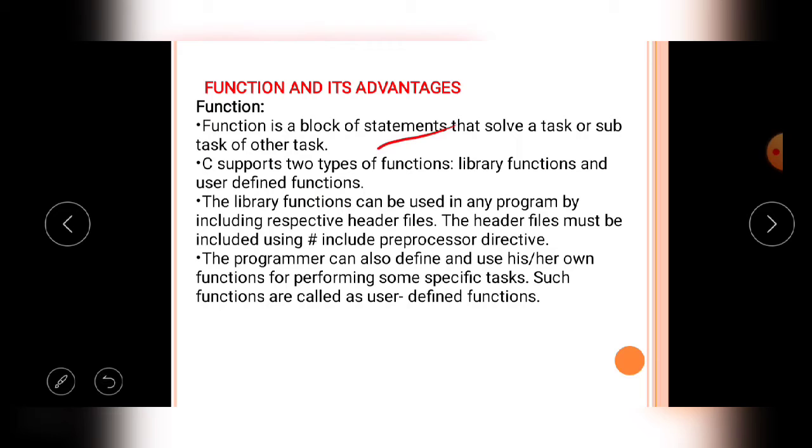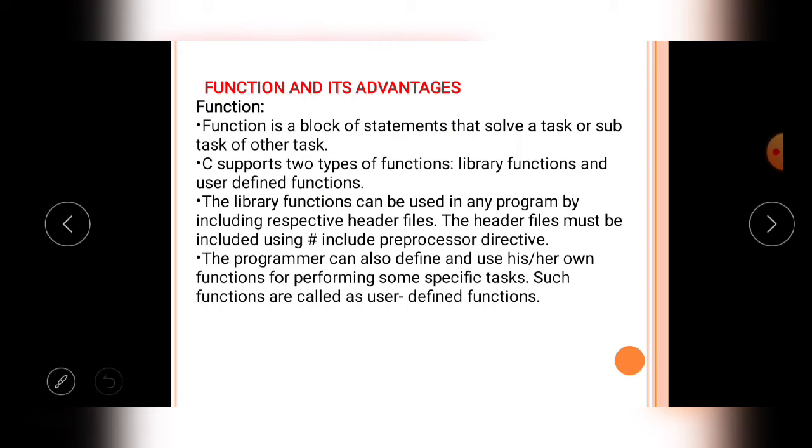Then next, second point, C supports two types of functions, that is library functions and user defined functions. So just now we discussed what are library functions and what are user defined functions. Library functions means built-in functions.